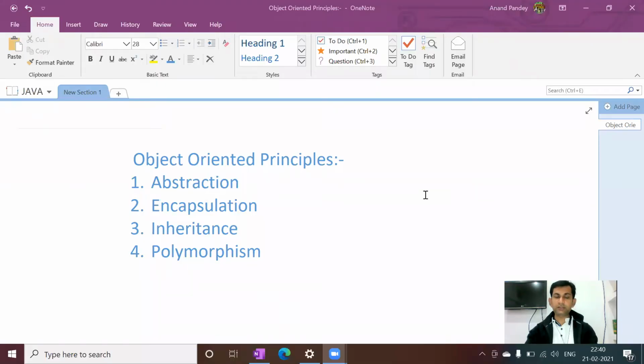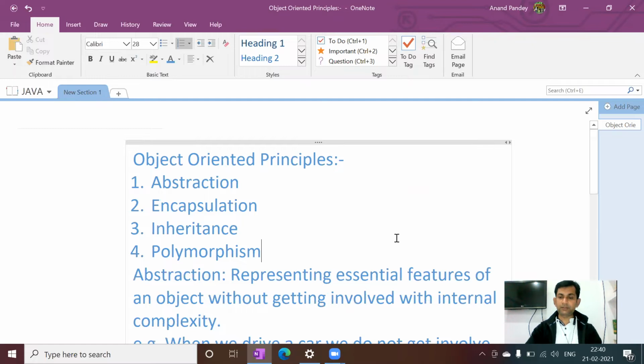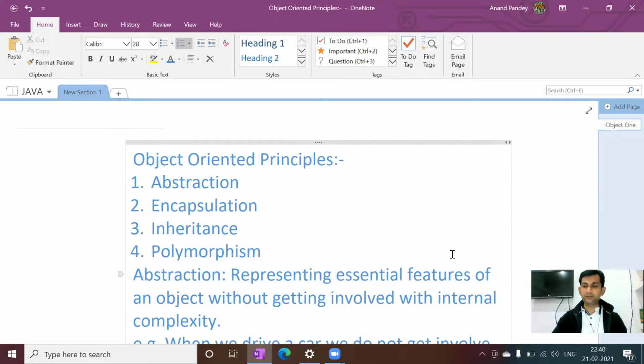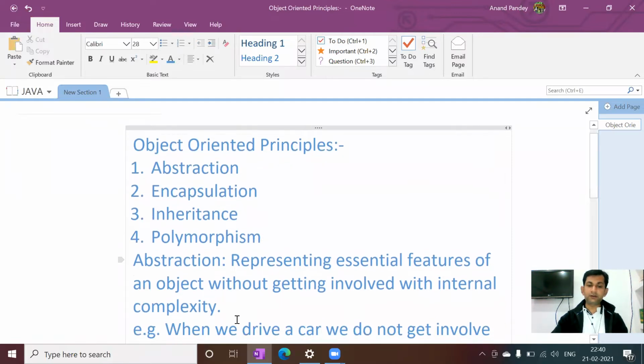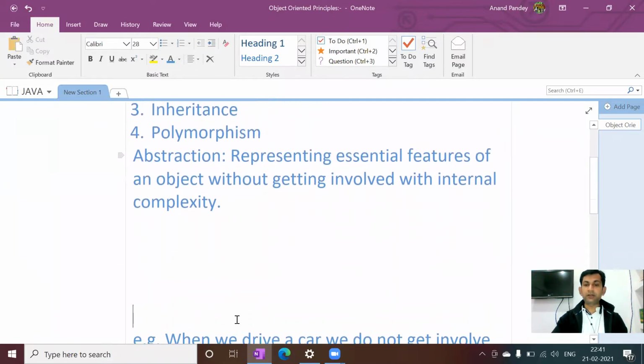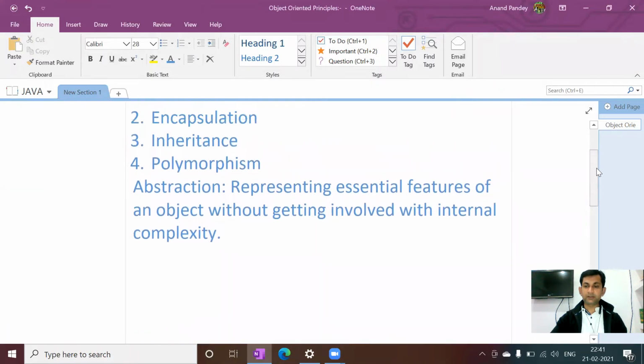So you can see on the screen, I have written four object-oriented principles: abstraction, encapsulation, inheritance, and polymorphism. First of all, I'm going to start discussing abstraction. Please see, this is the definition of abstraction: representing the essential features of an object without getting involved with the internal complexity.